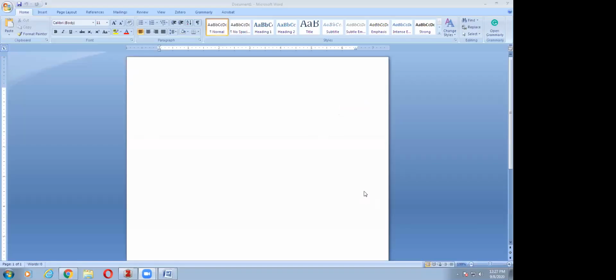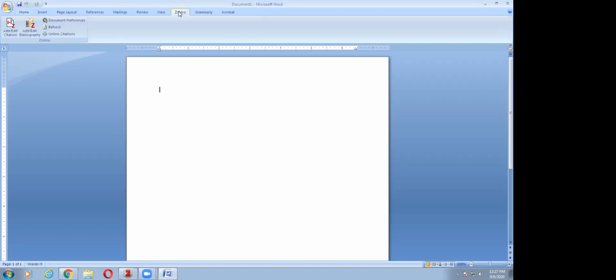So this is my MS Word, and the moment I have installed the plugin, here on the upper side next to View, you will find the Zotero plugin, right? Similarly, I have added two other plugins like Grammarly and Acrobat. So the Zotero plugin will be visible on your word processor.